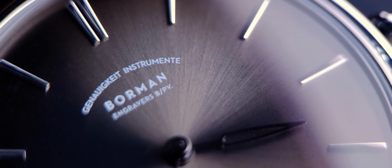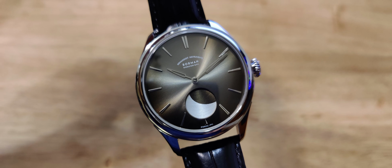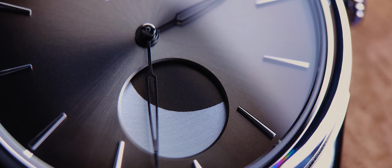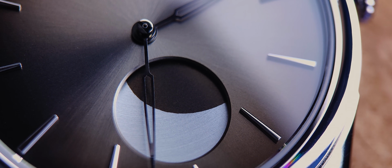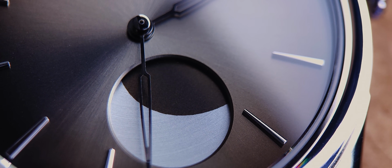And speaking of quality control, the hour markers on the dial are also all perfectly aligned, something that some watches around this price range occasionally fail at having. And on the subject of the dial, I must not forget to mention the Moonphase window they've implemented at 6 o'clock. This window features a really well done beveled edge, which I feel is a step above most other brands